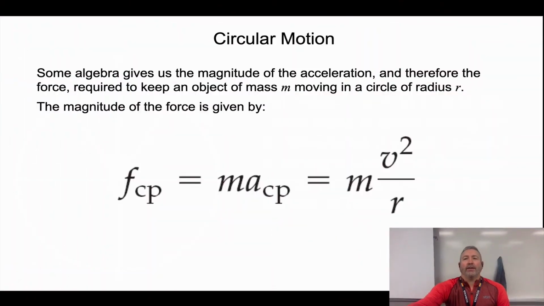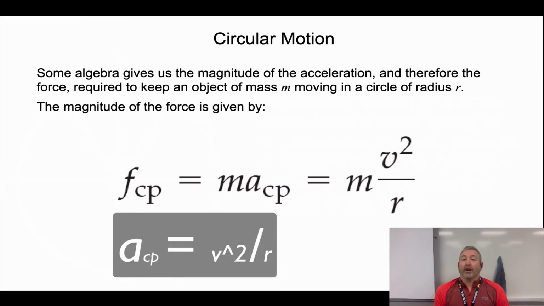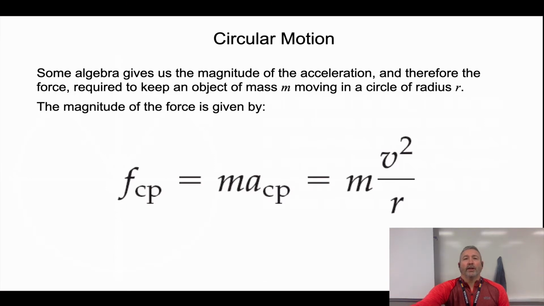What we're seeing is centripetal force. So we need to know the mass and the velocity, and that velocity is in a circle, and the radius of the circle. Now, that means that centripetal acceleration is v squared over r. So if you want to know how rapidly something's accelerating, you just take the v, the velocity, which is a linear velocity, how fast it's moving around in the circle, squared, divided by the radius. The tighter the turn, the faster the acceleration, because the radius is smaller, so that increases the acceleration and the